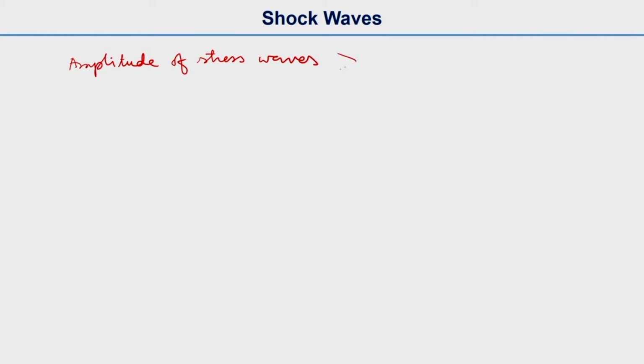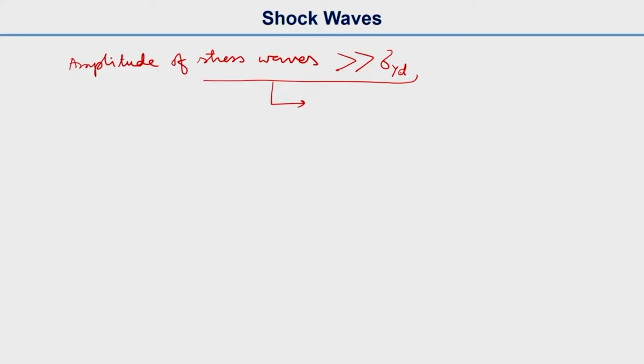stress waves greatly exceeds the dynamic yield strength of the material. So, dynamic yield strength or flow strength is that yield strength at that strain rate, which is different than the quasi-static or at slow strain rate. If the amplitude greatly exceeds the dynamic yield stress,